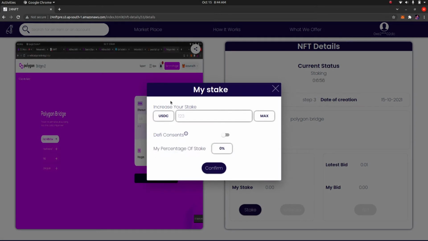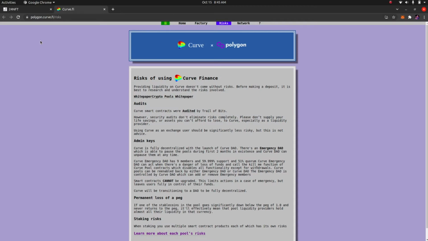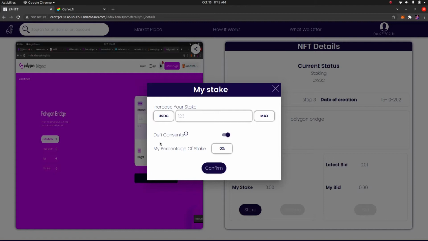Before continuing, I want to talk a bit about DeFi consents. There is an additional feature when you stake. We are not only returning some portion of the sold price, but we are also giving people the option to invest their money in a DeFi protocol. Currently, we have integrated Aave's pool on Curve Finance. You can see the risks over here, but to be honest, it is very stable because it consists of only stablecoins. I am enabling this for now,